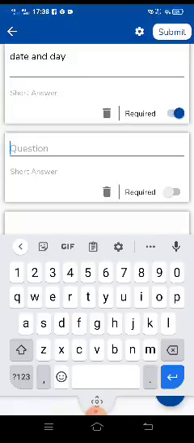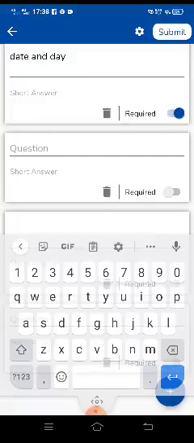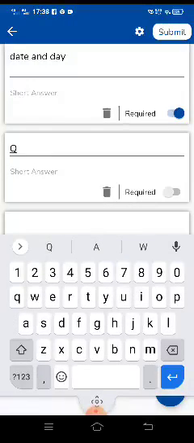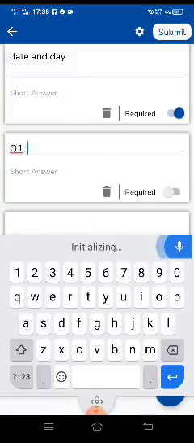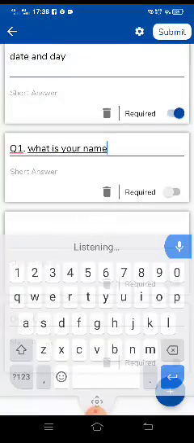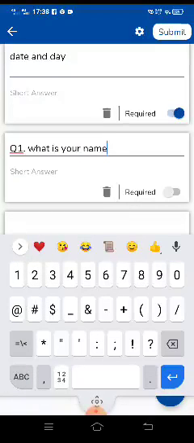If you want to use the mic, it's up to you. If you don't want to use the mic, fine, no issues. So we are typing here question 1. Whatever question you want to type, I am saying. So this question I have typed.